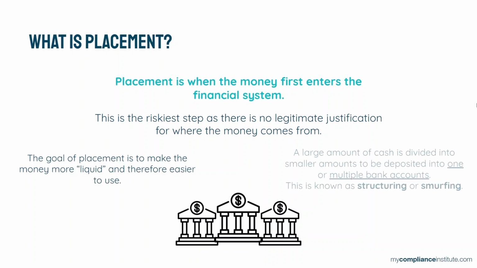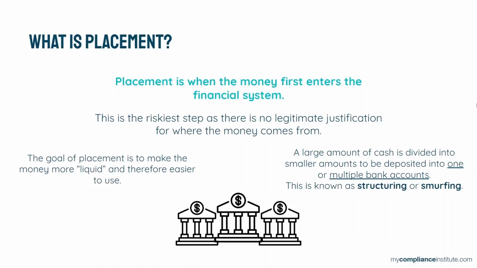Before the money can enter the formal financial system, preparation is often needed. This means, for instance, that to put money into a bank account without raising suspicion, a large amount of cash is deliberately divided into smaller deposits or transfers to be deposited into multiple bank accounts. This classic money laundering technique is called structuring or smurfing. It is used to avoid reporting requirements for deposits above a certain amount or other scrutiny. So in brief, you take the cash, break it into smaller amounts, and try to deposit it in one or